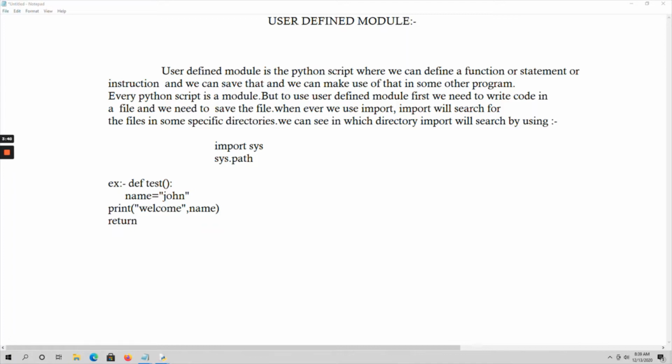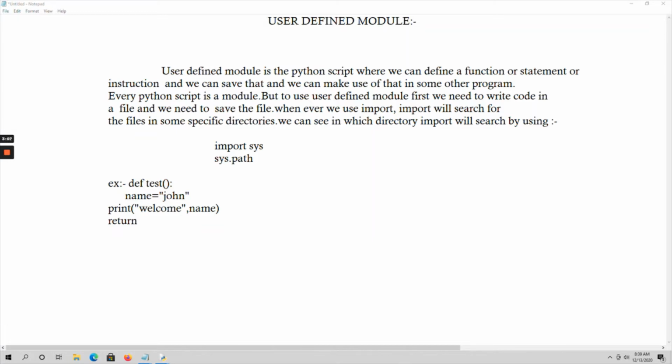A user defined module is a Python script where we can define any function, statement or instruction. We save that code and we can make use of it in some other program.